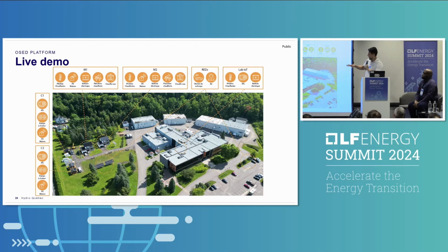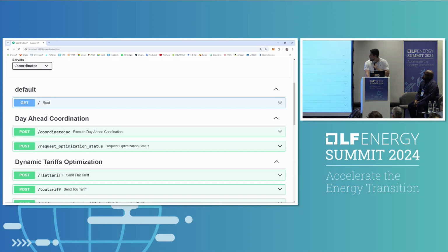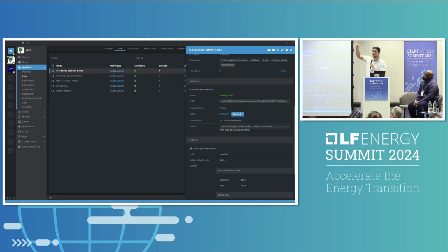So we deploy a coordinator, one entity that coordinates with all the devices and exposes APIs for a higher entity that will consume those APIs. In the first phase, we are not proposing the coordinator to be intelligent by itself. We are proposing to expose APIs, and someone else more intelligent is going to take the decisions. So this is the connection to the Kubernetes server.